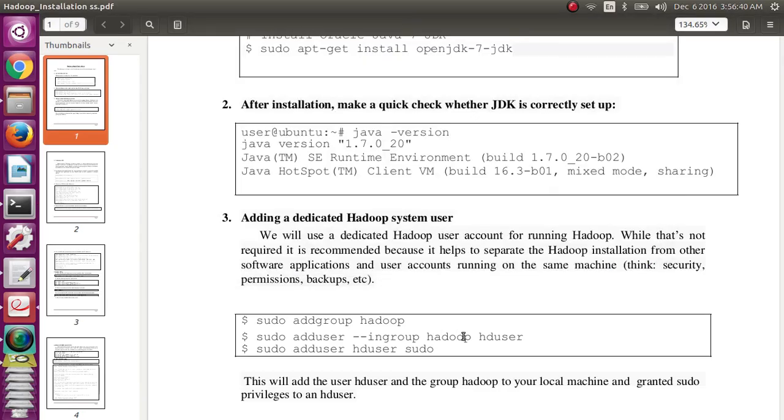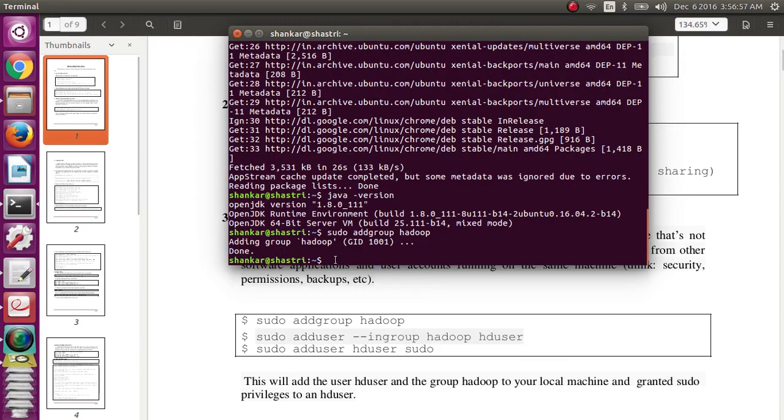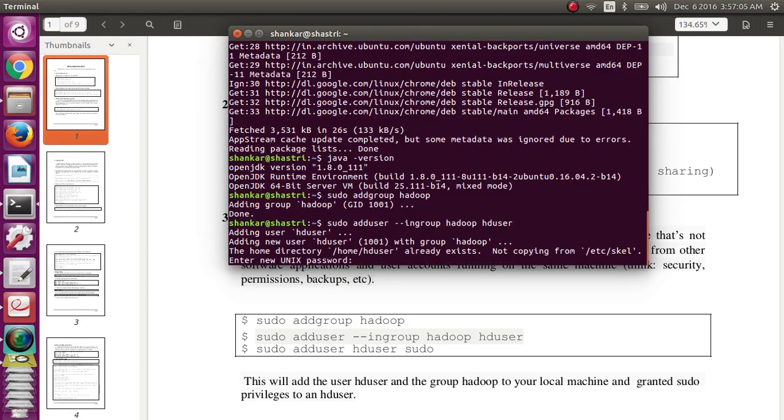Next we can create one authenticated user named hduser and add that hduser to the newly created group hadoop. That can be executed using this command, adduser --ingroup hadoop hduser, and create the password for hduser.